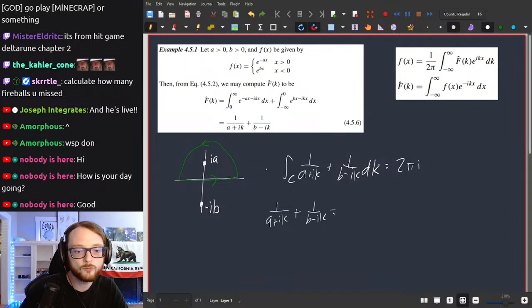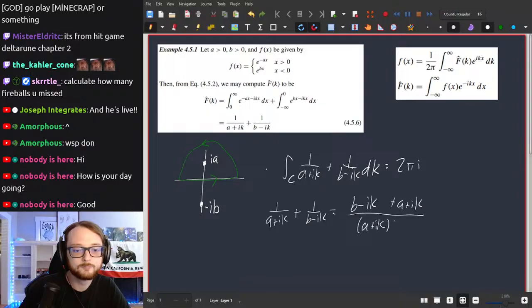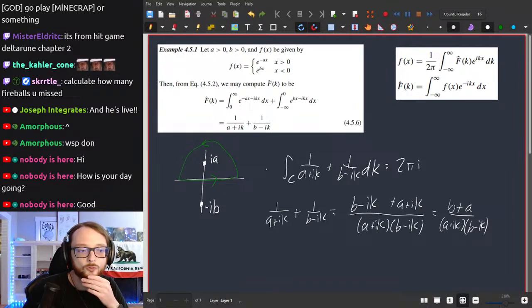But let's get our common denominator and just see what happens. Right, so just b plus a. Okay, so if we want to get the residue,